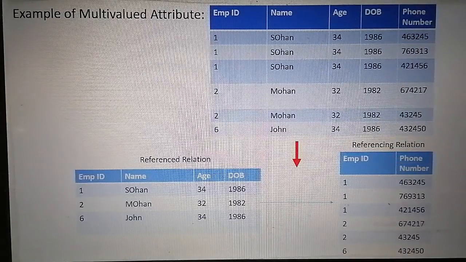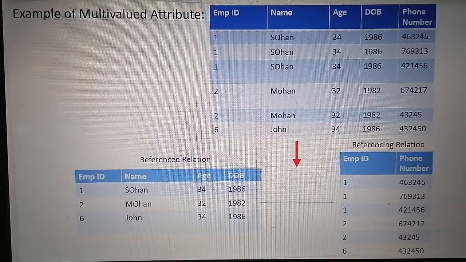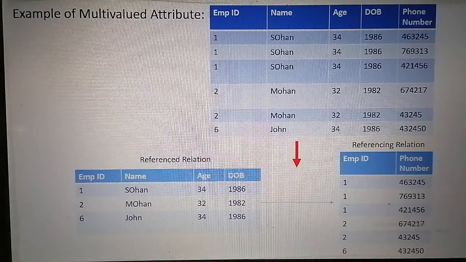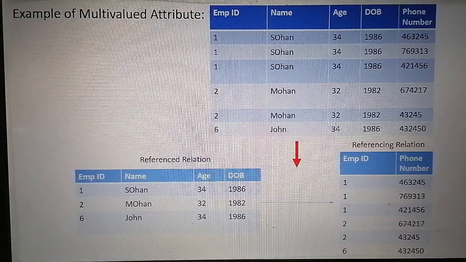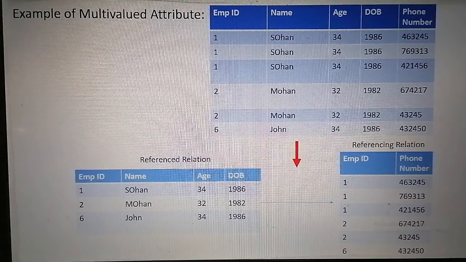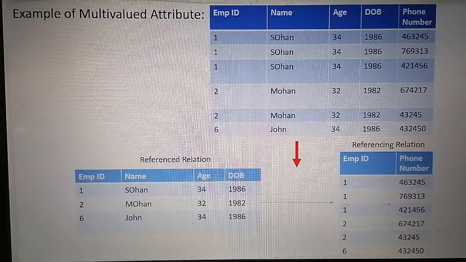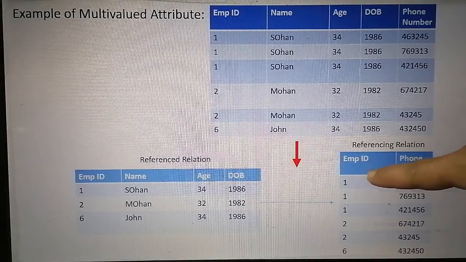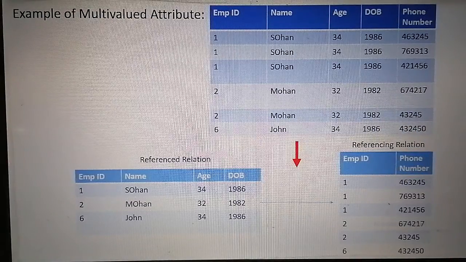But now the question arises, in that new table, which one will be the primary key? As you can see here, employee ID is repeating. And since the phone number is not a key attribute, there is a possibility that the phone number can be repeated in two tuples. So in that case we will make employee ID plus phone number together a composite primary key.